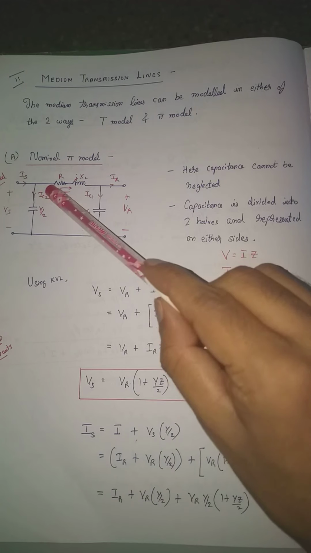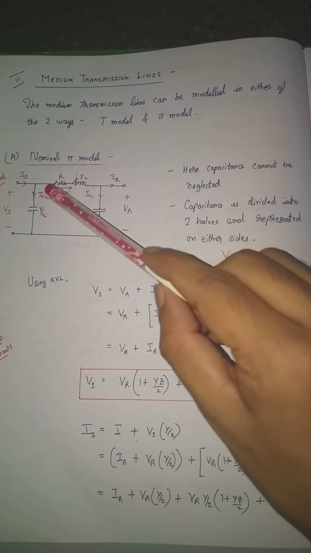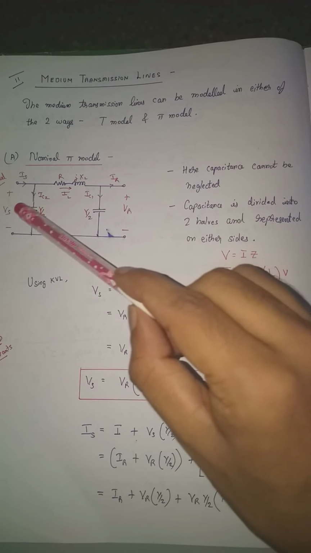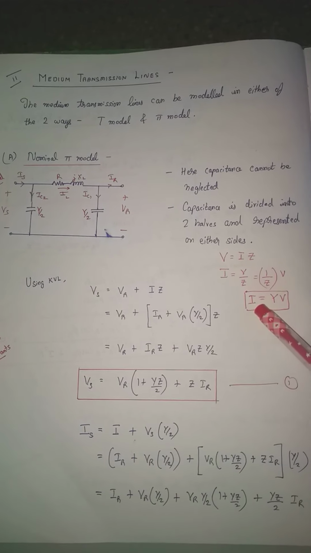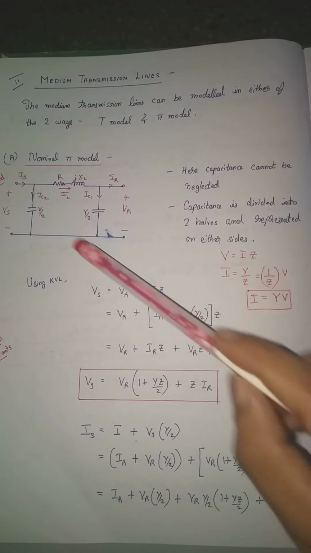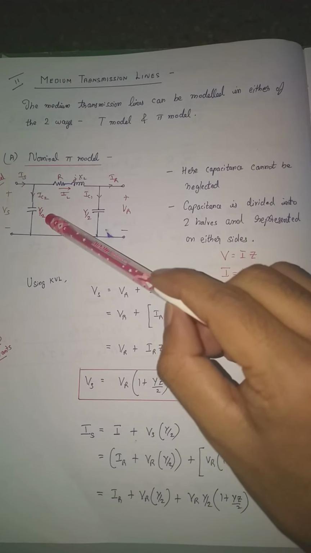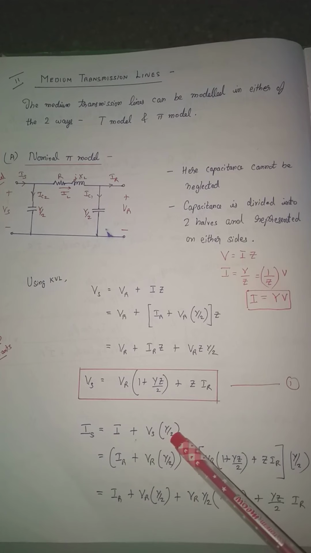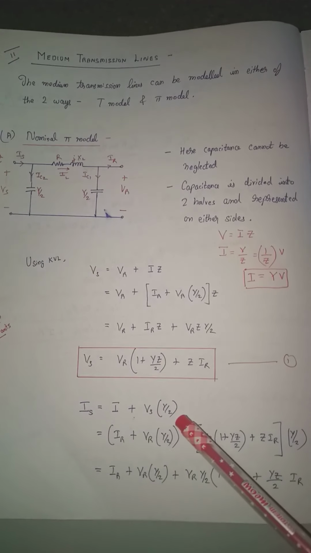The current that is flowing here is capital I, and the current that is flowing here is written in terms of product of admittance and voltage, as you have seen here. Current is voltage into admittance. So admittance here is Y by 2, voltage is Vs. So it will be Vs into Y by 2. Next what we'll be doing here is,